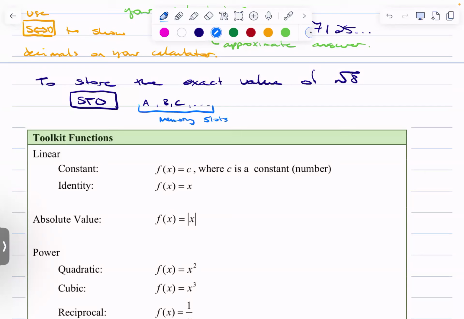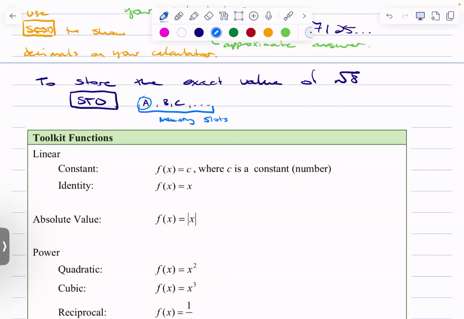It's kind of hard to see A, B, C, D, E, F, but those are your memory slots. You can also look at your entire memory. I can't remember what you put where. And as you store things, usually I just store things in A until I don't need it anymore. If you overwrite it, it just overwrites it. So I'm going to store it in A.